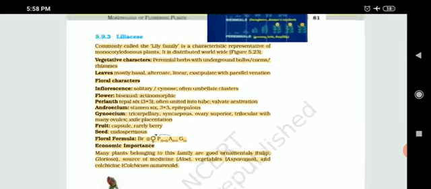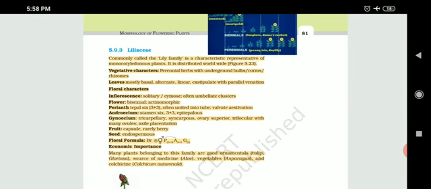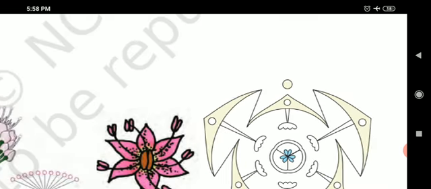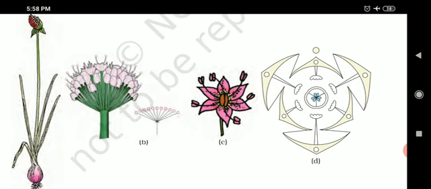Now, in case of Liliaceae, as we have already shown, the basic characters that here sepals and petals, they are not distinct. So that is called as perianth, and perianth is commonly called as tepals. You can see here, do not confuse, do not count them 6 in number. These are perianth. How can you differentiate? Because they are of same color. They are shown with the same color. If you look upon the C figure, you can see that these are the perianth. These are not petals because sepals are absent. So once sepals are absent, then petals, we do not call them as petals. We call them as tepals.